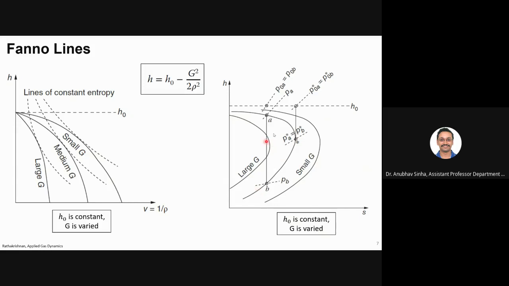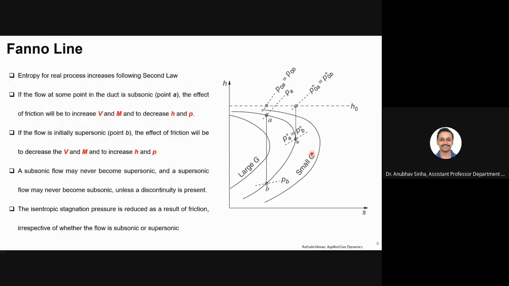So let us see how this varies. Let us take some comments on this. So, the Fanno line. Now we know that for all real processes entropy will increase, right? Second law, entropy has to increase for the universe. So for all real processes, it is not possible to obtain an isentropic process. Entropy will definitely increase. That is one basic underlying understanding. Now let us look at flow at different points.